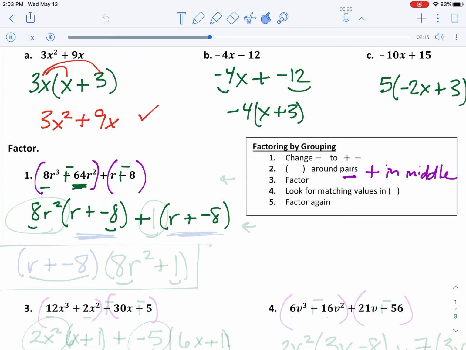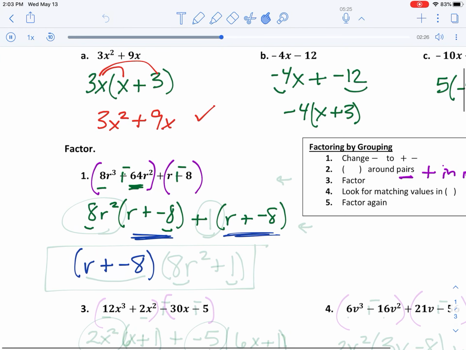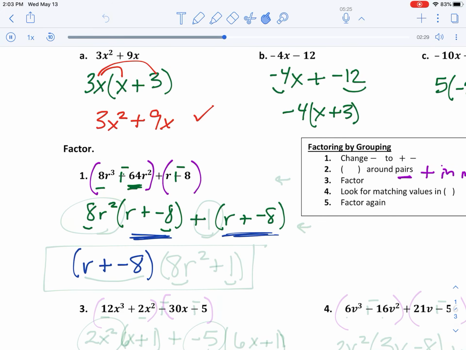Now we're looking at what we have in common. Since this is exactly the same as this, I'm going to pull it all out in front and think about factoring it together. Just like if I had 8r squared q plus q, I could factor out a q in front of all of that. 8r squared plus 1. Okay, but instead of having a q right here, I actually have this r squared plus negative 8. So factoring all that out in front, and that leaves us with the outside terms. So 8r squared